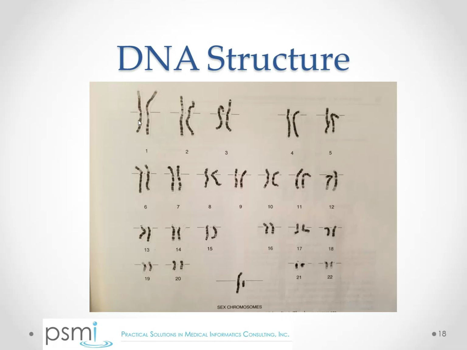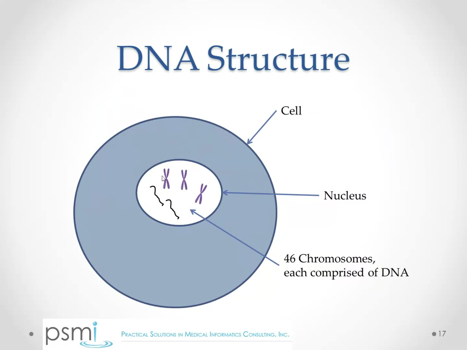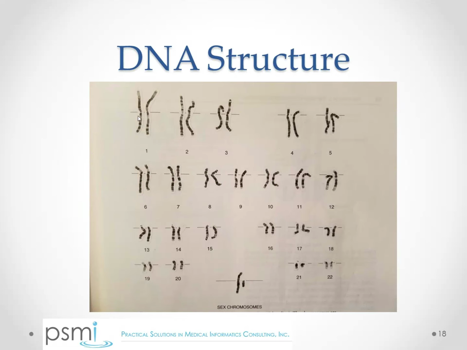That's probably a subtle point, and you're wondering why I'm bothering to raise it. But these chromosomes here actually are in this form. They're not in this form. Most of the time in the cell, chromosomes live as extremely elongated, stretched out structures. One chromosome may occupy a large portion of the nucleus. It's only when the cells are getting ready to divide that the chromosomes condense and replicate, and it's only when they condense that they're able to be visualized like this under a microscope. So these are condensed chromosomes that have been replicated, and therefore they're visible when